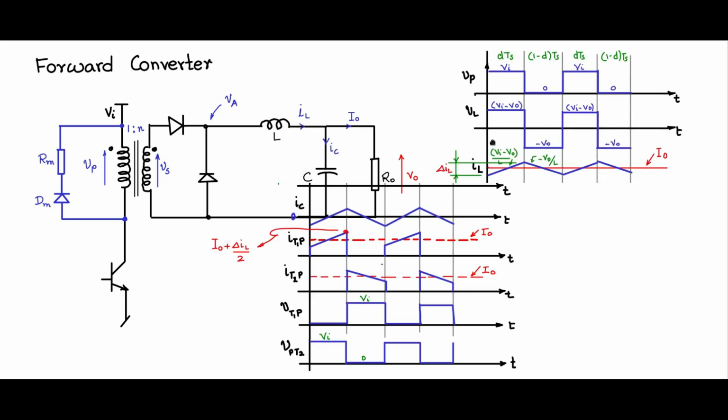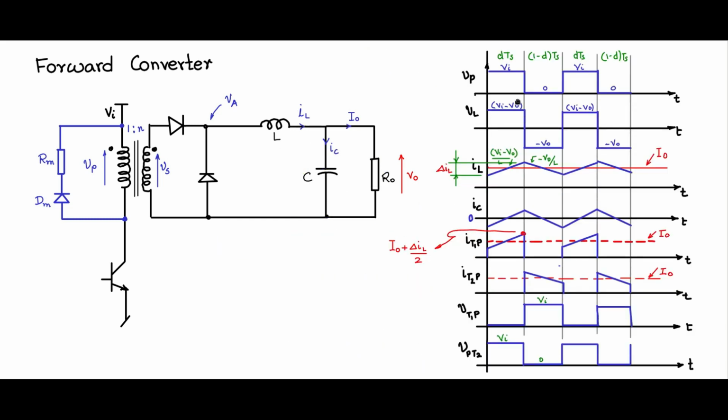So let us place the waveforms, move it. So here you see that these are the same buck converter waveforms. During DTS time, we have the switch on, 1 minus DTS time, the switch is off, 2 cycles. So again DTS and 1 minus DTS. Now VP, the pole voltage, will map to VA. So let us change that. So I will remove that and put it as VA.